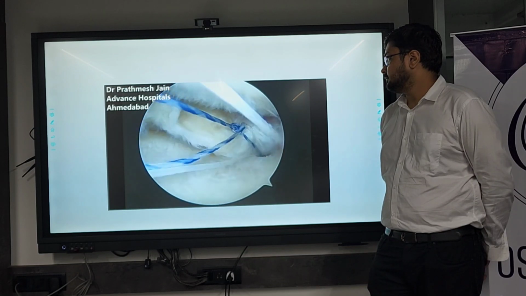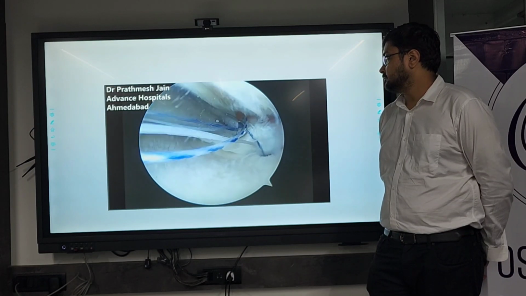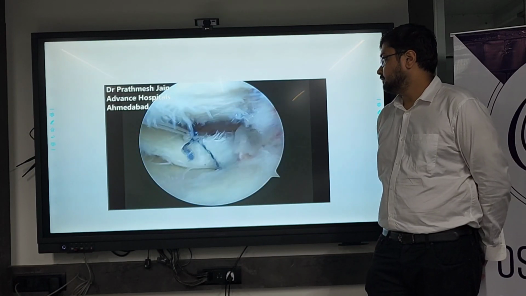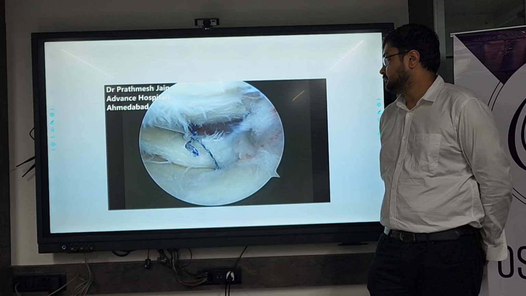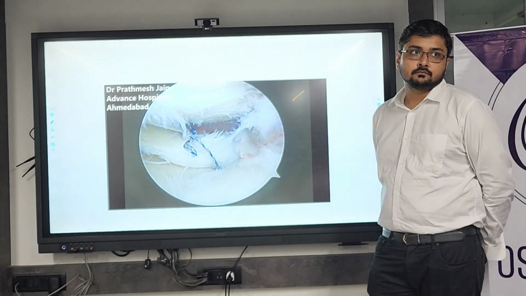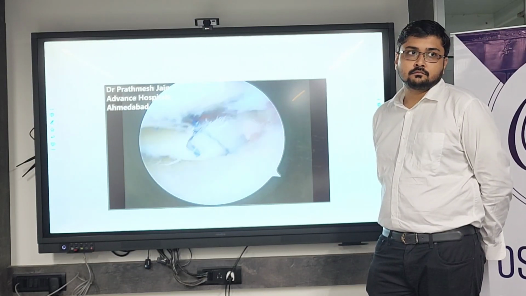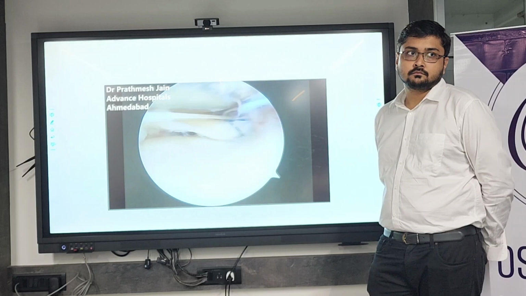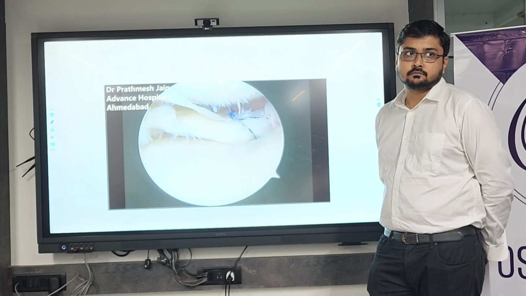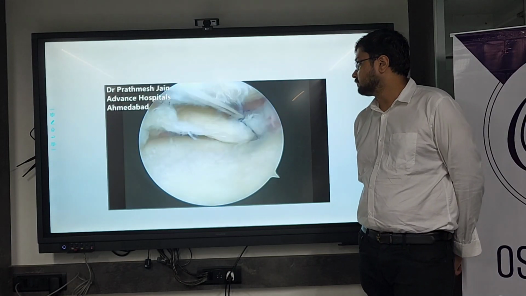Okay, this is the first suture, and then we will tie the second suture. The second suture is in the mattress fashion. So this way we repaired the root into its position. So basically the whole concept is to bring the meniscus into a more functional position as compared to a more extruded position. So we have put the third anchor. Still we feel that there is a little bit of extrusion on the posterior middle aspect.